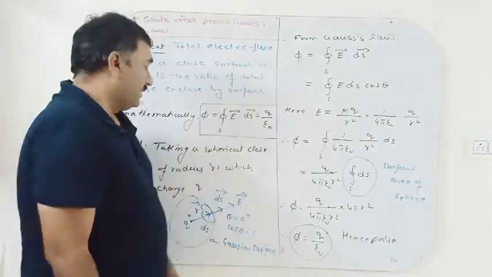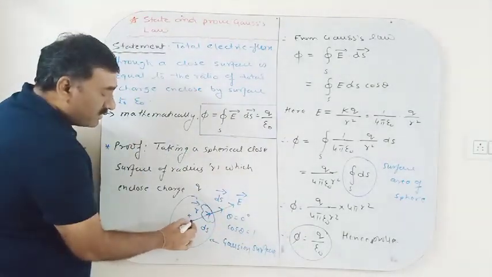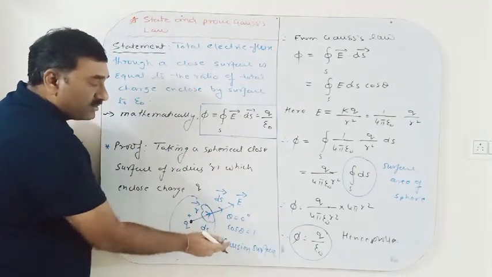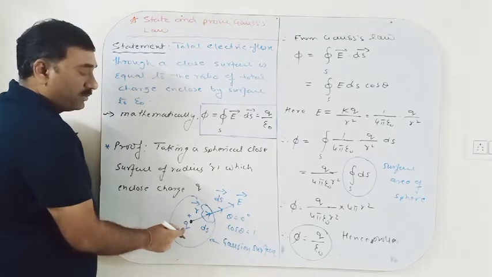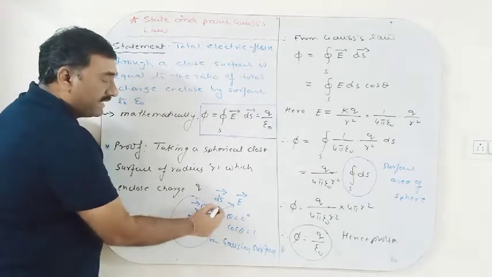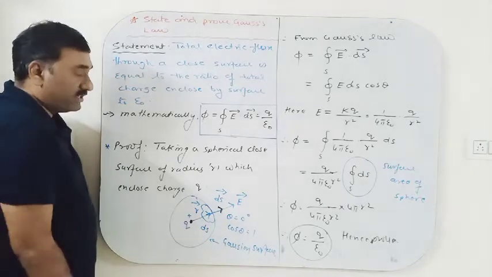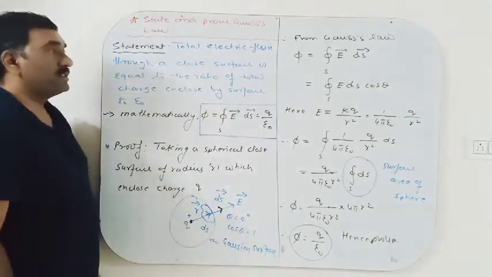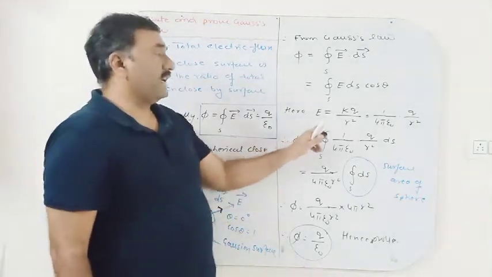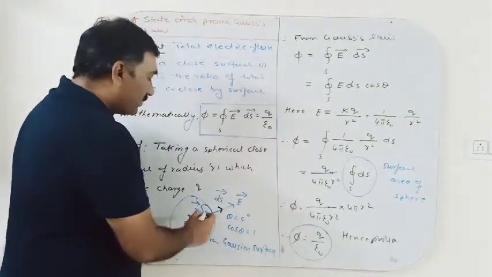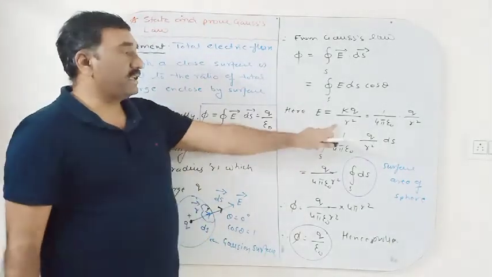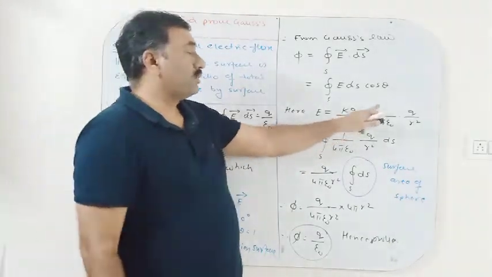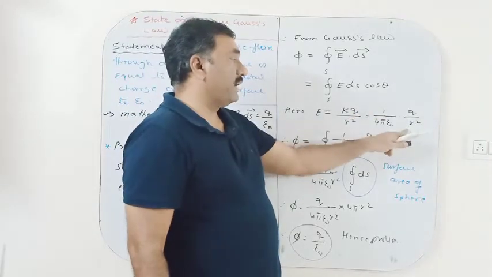This proves it. So how much is the charge enclosed by this spherical closed surface, which is also known as the Gaussian surface? Plus q. The direction of the electric field and the area vector are both in the same direction, theta is equal to 0. Therefore the electric field at any point P on the surface is given by kq by r square, where k is 1 upon 4 pi epsilon 0, so q by r square.